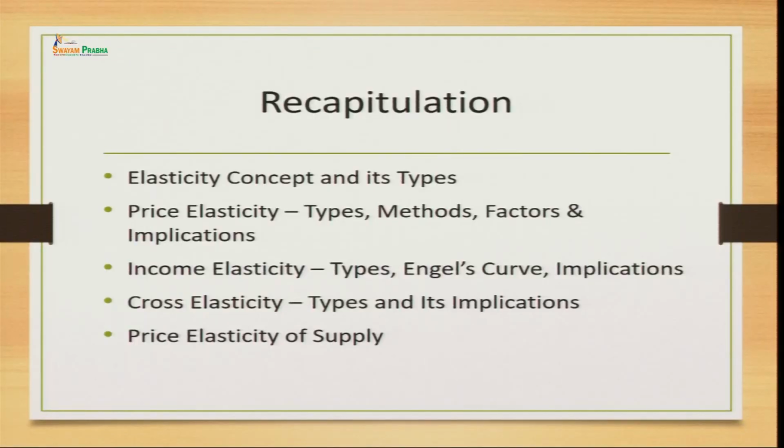And we have also discussed the different types of elasticity, and majorly we have discussed price elasticity, income elasticity and cross elasticity, because these are the factors which affect the demand of any commodity mostly. So, in price elasticity we have discussed what it is, and here we have understood the effect of price on the quantity demanded, how much change takes place in the quantity demanded due to the change in the price, keeping other factors constant.